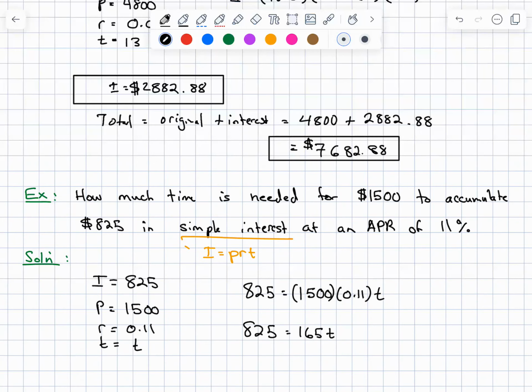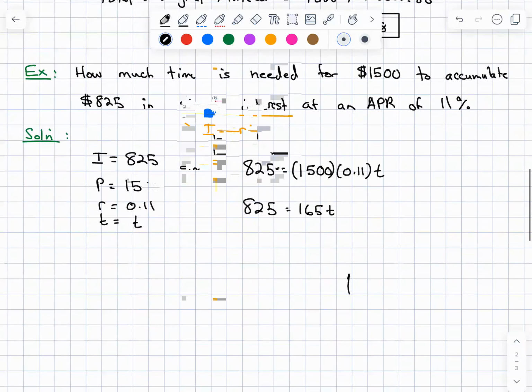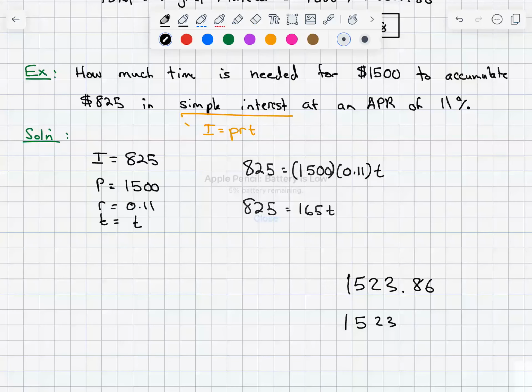That being said, if that happens to you and it marks it wrong and shows you the answer, write it down. So if you wrote 1,523.86 and it says that the answer is 1,523.84, just email me and I'll give you full credit back. That's a situation where the rounding ended up slightly changing everything. Yeah, you lost out on 2 cents, but